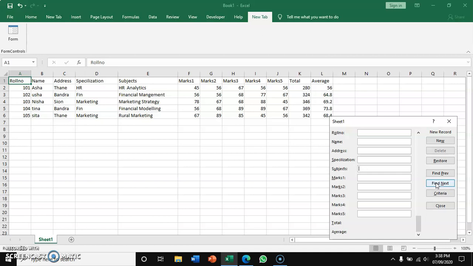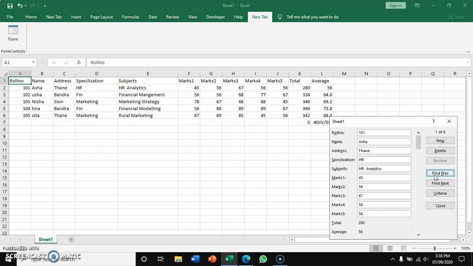Sorry, we'll first have to click on Criteria. If you click on Criteria, my criteria for searching should be HR and asterisk. Asterisk means anything after or before HR. Let us say Find Next.